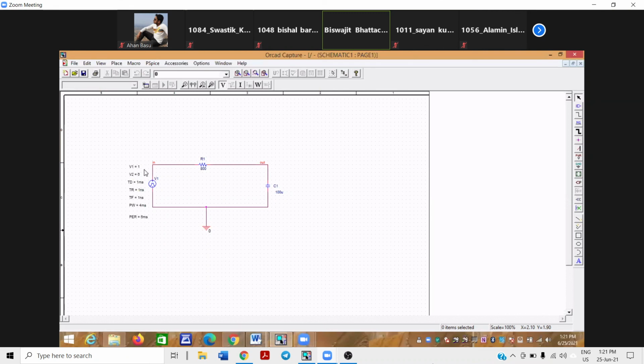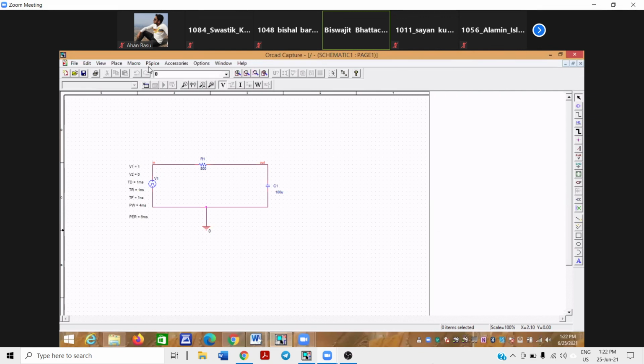So our total period is what? 6 millisecond. Okay, and one time delay is there, 1 millisecond. So if we want to run for 6 millisecond period plus another period 6 millisecond, 12 millisecond, plus one delay 1 millisecond, so 6 plus 6 plus 1, 13 millisecond. If we run it for 13 millisecond, we will check a delay time of 1 millisecond plus 2 cycles of the pulse. So how to set the 13 millisecond window? This window is called the probe window. So how to set the probe window of the pulse?